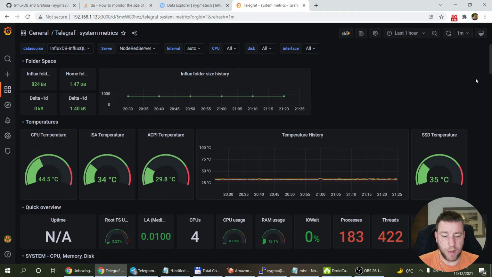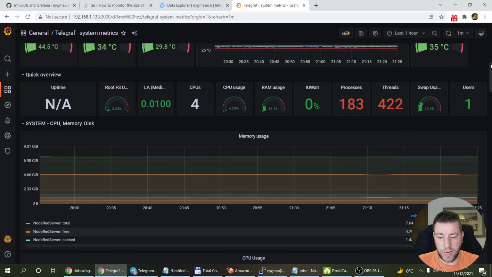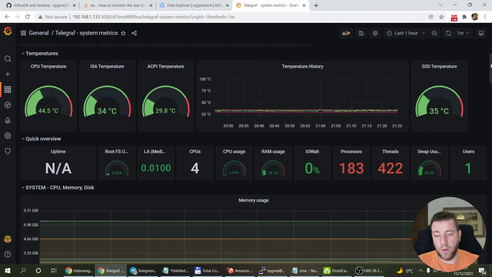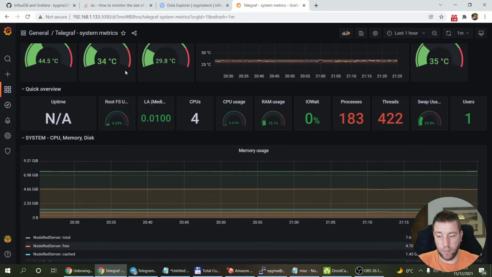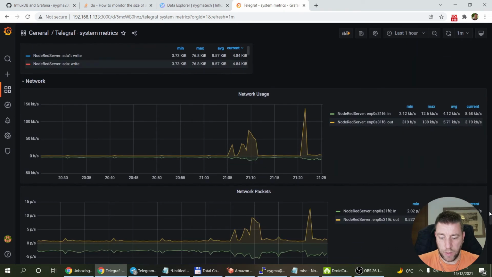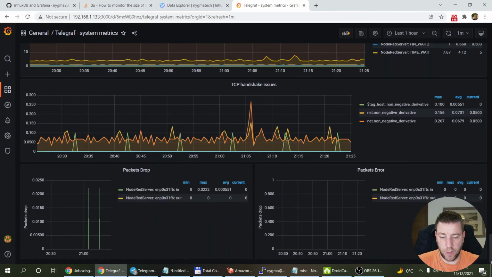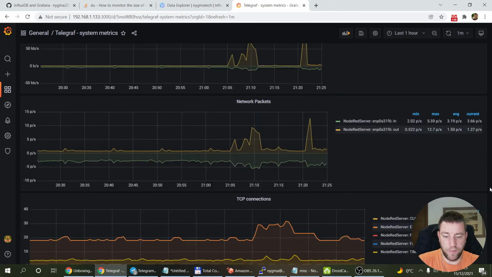Most probably, just like me, you would want to add this to the Telegraf config. So in the previous video, I told you how you can create the connection between Grafana and InfluxDB, and how you can install this dashboard. This is a community dashboard that I added, and it comes with all the gadgets from this quick queue downwards. In the previous video, none of these net stuff worked because I lacked the configuration in the file, but